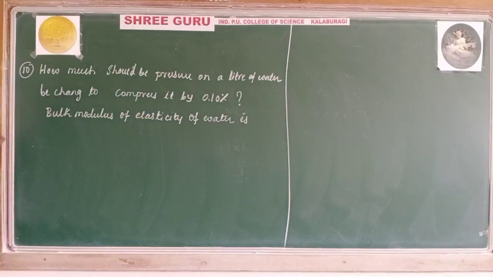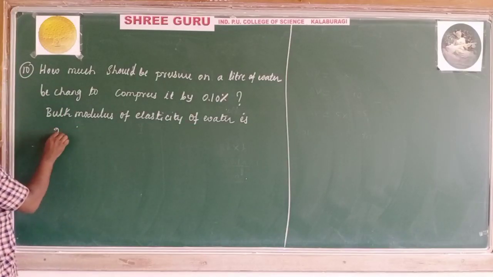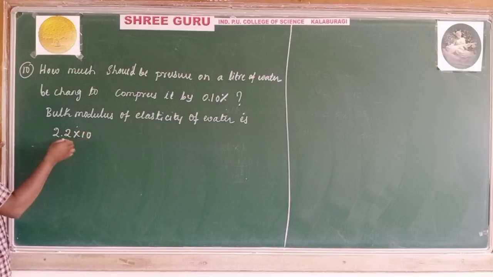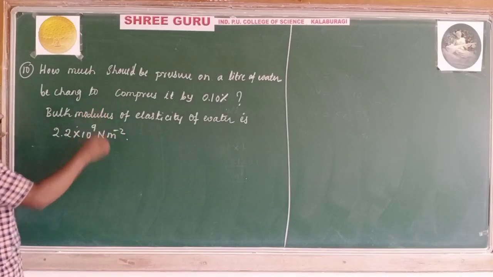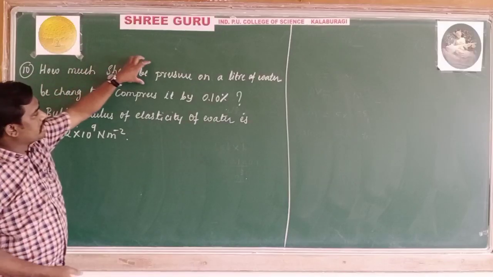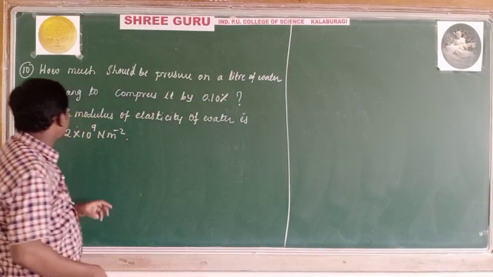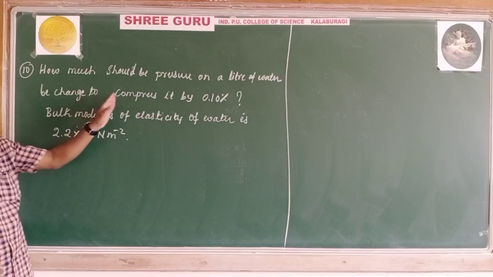The bulk modulus of elasticity of water is 2.2 into 10 to the power 9 Newton per meter square. Already we solved this, the bulk modulus of water as compared to air, question number 7, the first numerical of this class. Okay, we should find how much should be the pressure on a liter of water to compress it by